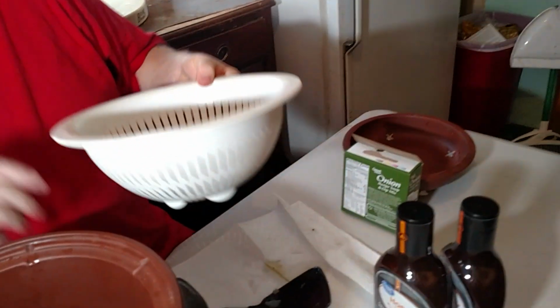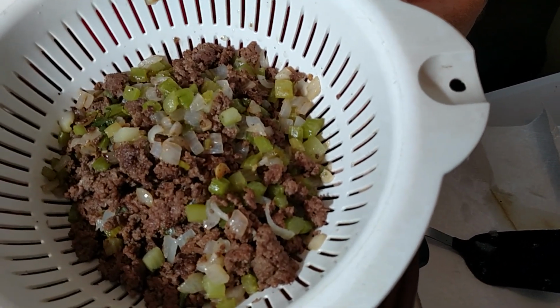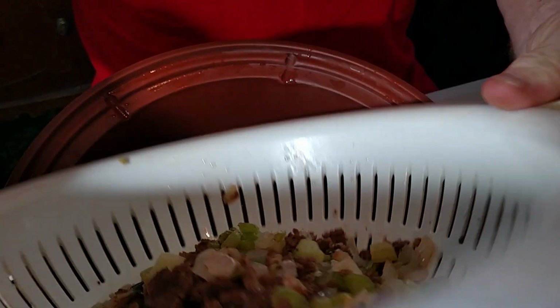So what we're going to do is we're going to start out with celery, onion, garlic, and some hamburger. We're going to put that into the...